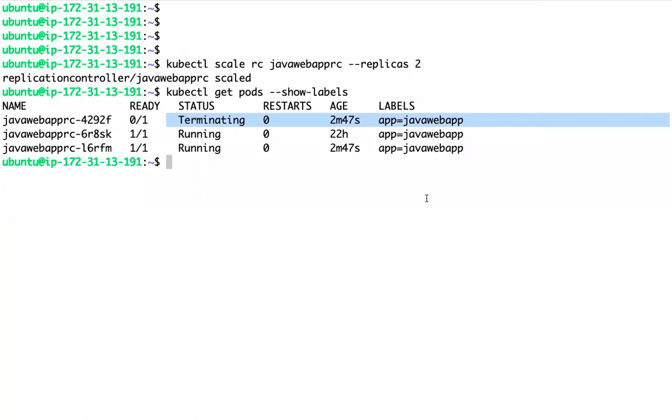In a future class, we will see how we can auto scale our pods. What is the meaning of auto scale? Based on the load, it can increase the number of replicas and it can decrease the number of replicas. Based on the load, it can increase the number of pods and decrease the number of pods. Kubernetes supports auto scaling of the pods. That we will see once we learn the basics.